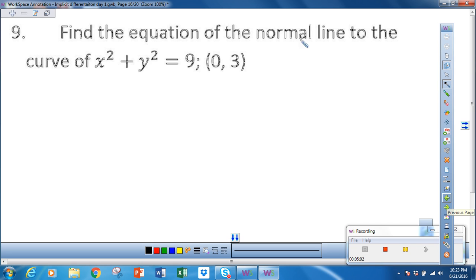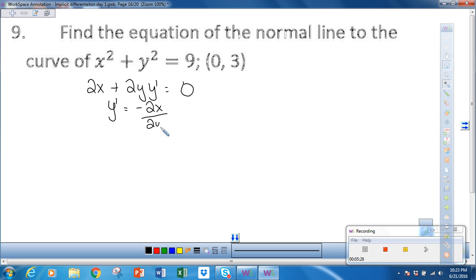Okay, the equation of the normal line is the same as the equation of the tangent line, except the slope is perpendicular. So we would start by finding the derivative, which is 2x plus 2y y prime is equal to 0. And so y prime is equal to negative 2x divided by 2y, which is negative x over y. And we're told we want to find that value when x is 0 and y is 3. So y prime at that point would be 0 over 3,